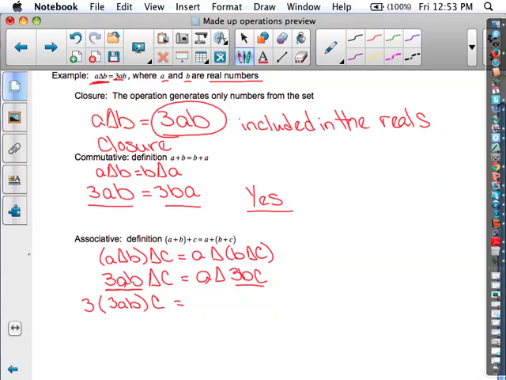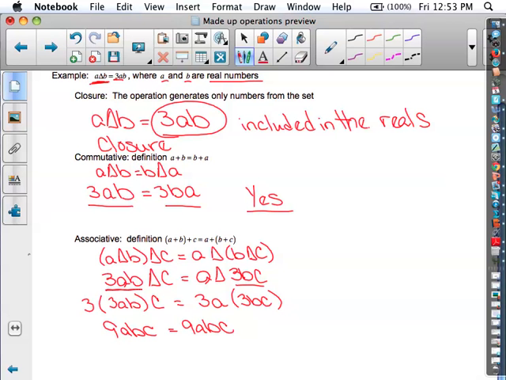So when I perform the operation delta, I'm going to get 3 times the first element, A, times the second element, 3BC. When I multiply those all together, I have 9ABC equals